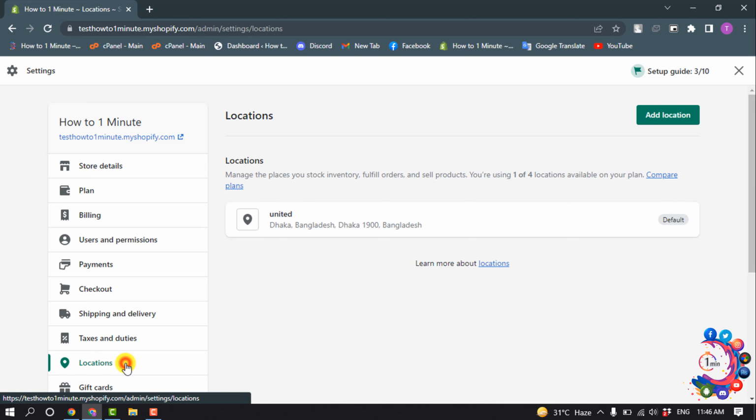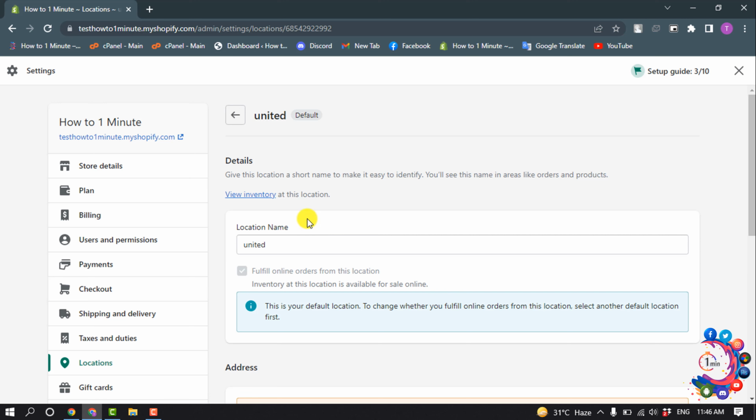So first of all, log in to your Shopify account and click on settings, and now select locations, and here you will find your shipping address. So click on that address which one you want to change, and now give your location name here